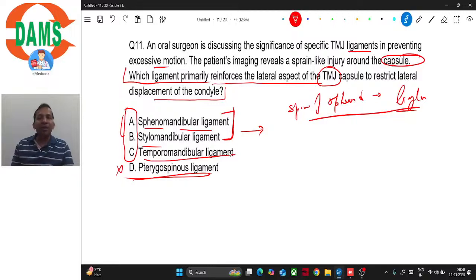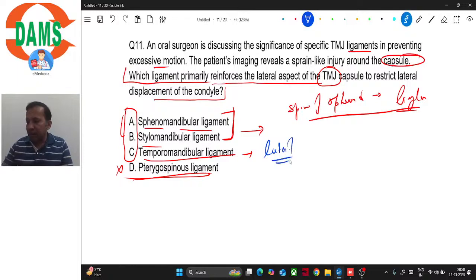Temporomandibular ligament. The name itself says it is the TMJ ligament, so it has to be at the TMJ, isn't it? That's why it is called the TMJ ligament. It is also known as the lateral ligament, and we are concerned with the ligament that restricts the lateral